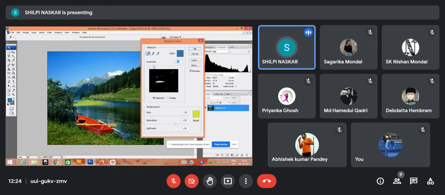Now I want to make it more fizzy. I want to desaturate it. I want the saturation should not be more. I want the lightness to be a little bit higher. So can you see this? You can replace the color, and definitely you can play with the attributes like its saturation, lightness, its hue.